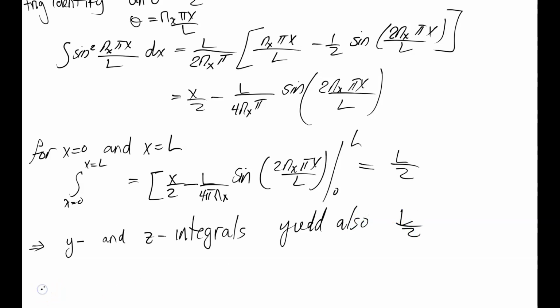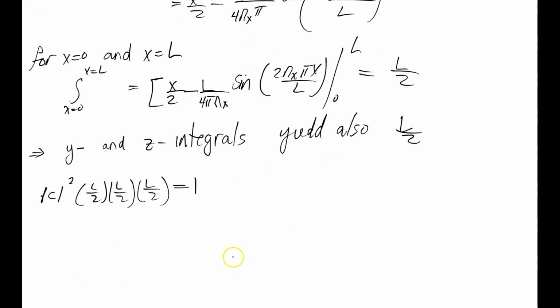Therefore, our normalizing condition would be c squared times L over 2 for the x, L over 2 for the y, L over 2 for the z has to equal 1, which means that c squared L cubed over 8 equals 1,